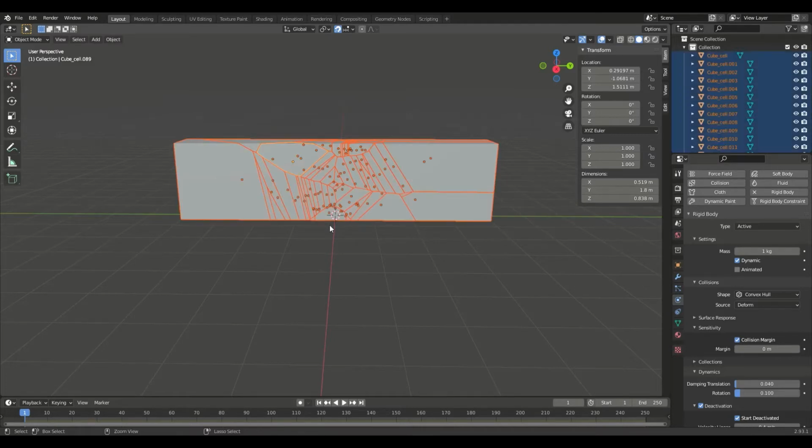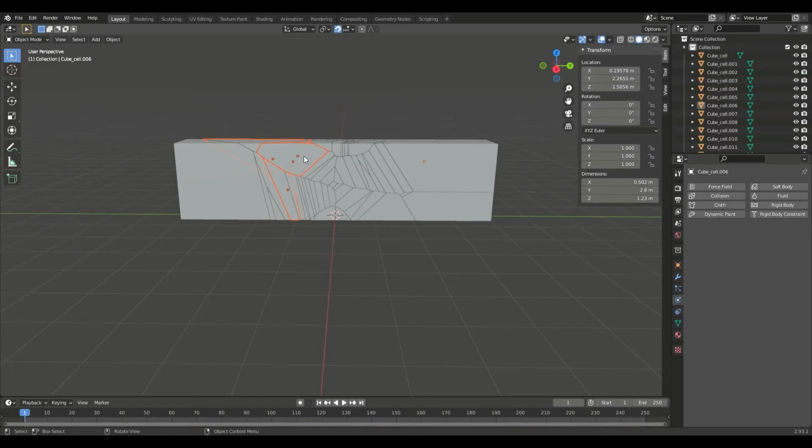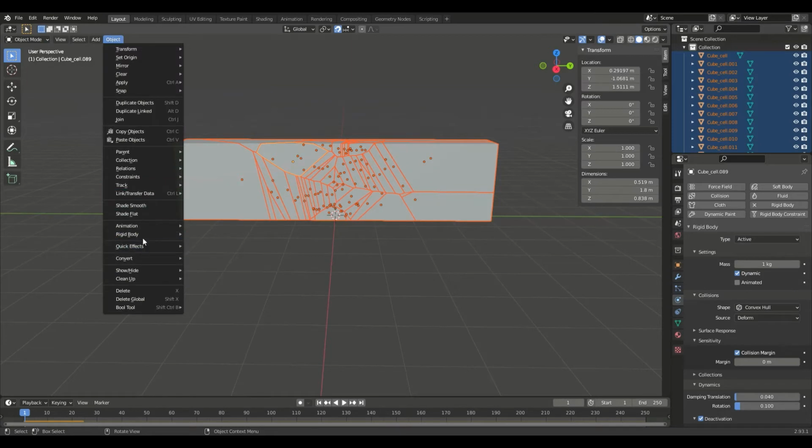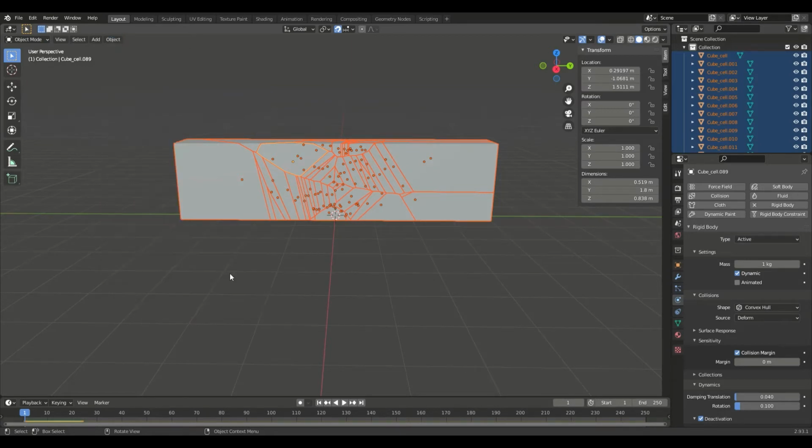Now, if I didn't do that, then just this piece would have the physics, and when we press play, nothing happens. Okay. So then, you have the physics, select it, Object, Rigid Body, Copy from Active. That makes all of these pieces have the physics.